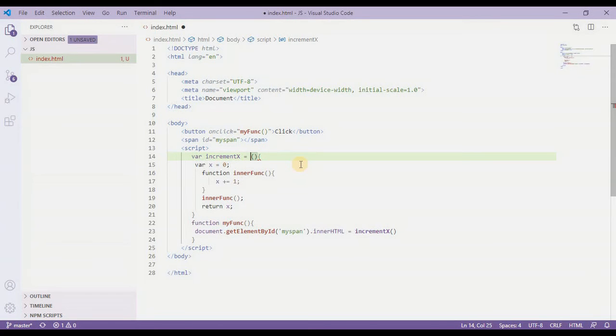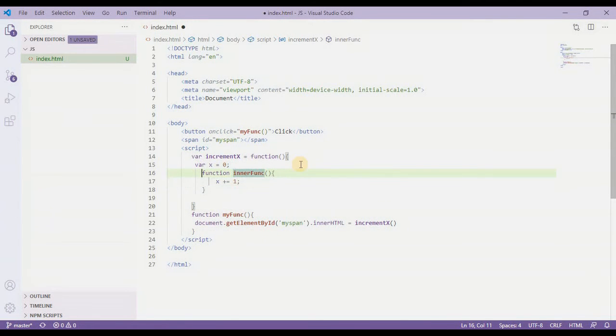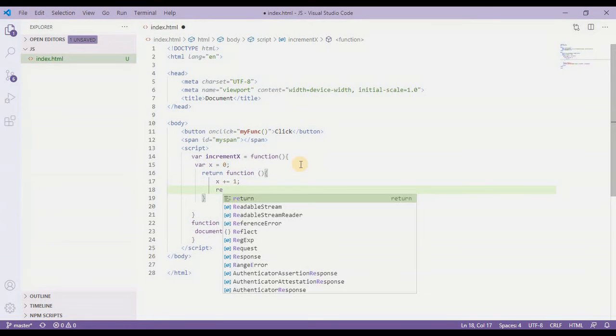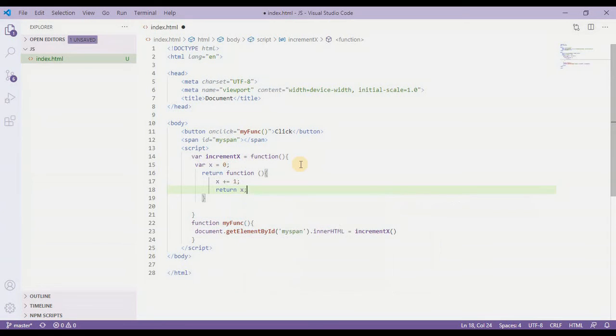I'll type function outside of this parenthesis, and inside this function I'm going to have this x, and we don't need to return all this stuff, and instead of function innerFunc, it will simply be a function which is going to be returned. So return function, which is basically incrementing this x, and also we are returning from this function this x.